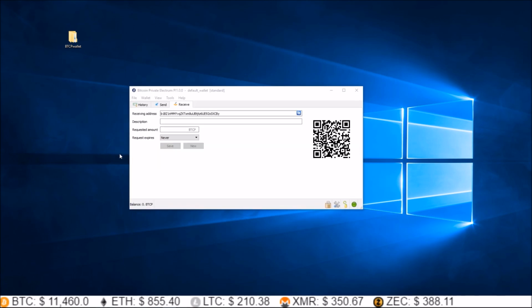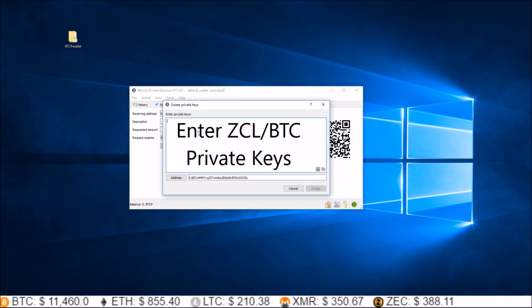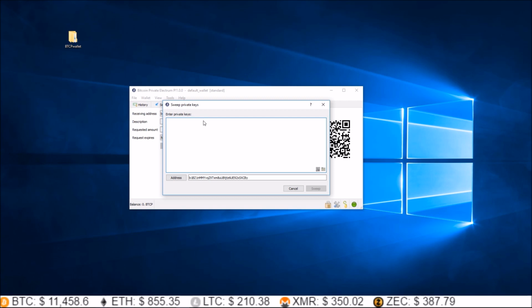Okay, now that I have my private keys written down for my Bitcoin Private addresses, it's time to import my Z Classic private keys. So like I said earlier, that is done at private keys. Up here at wallet, private keys, sweep, and here is where you enter your private keys. So for this example, I am just going to import one of my wallet address private keys with a couple ZCLs on it. Okay, this will be blocked out, but I have now typed in my private key